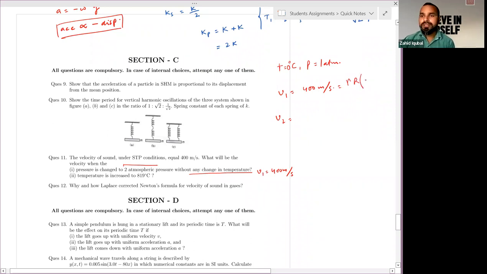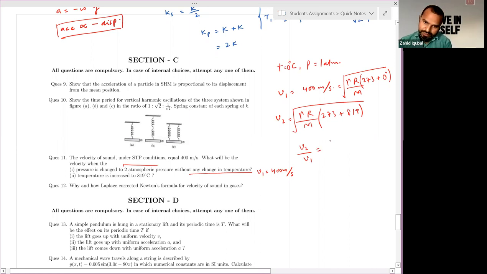divided by mass m. If you convert temperature in terms of degrees Celsius, it will become 273 plus 0 degrees Celsius. For the second part, you'll get root of gamma R divided by m, and temperature is 273 plus 819. Now just divide these two, V2 divided by V1. The rest of the things will cancel out. So you'll get 273 divided by 273 plus 819 divided by 273